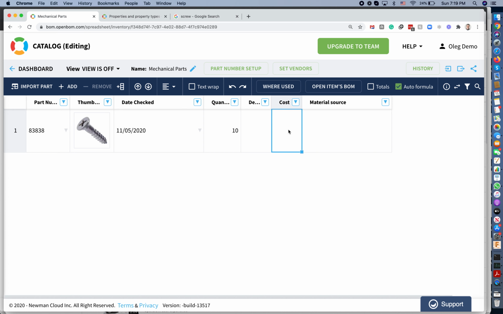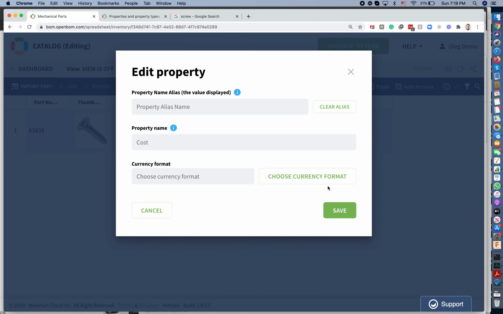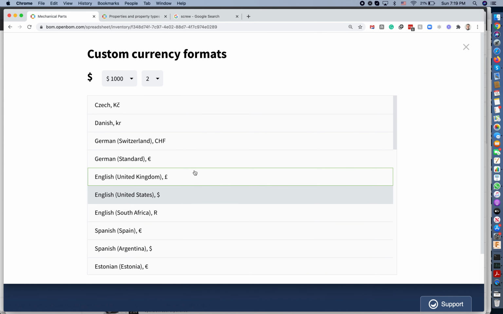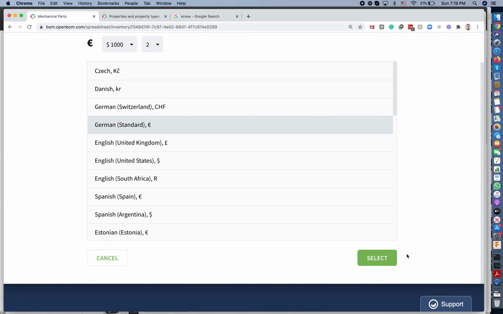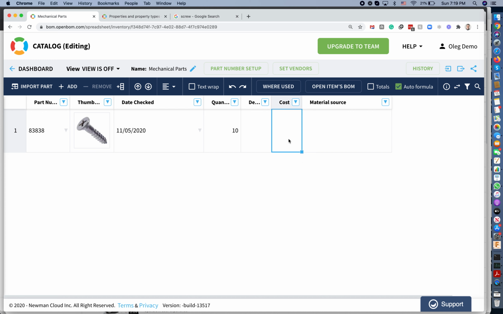Now the property cost has the type of currency. For the currency type, you can choose the format. So the currency property can use a different currency format, and if I want to use euro, I can select it, and I get euro instead of dollars, and then the data that I'm writing here will be in euros. Okay, so that was a quick introduction to how you can add additional properties